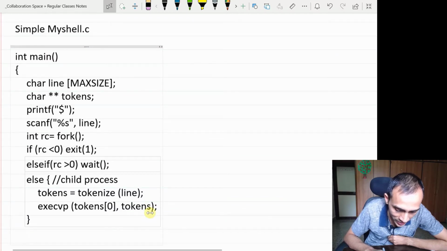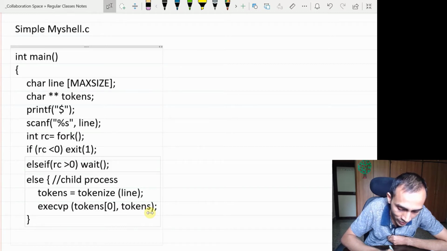Of course, there may be slight errors here and there, because otherwise I have to pass these tokens as an argument to this. If this tokenize is another function outside main, then I have to take this out and make it a global variable and so on. But I think you can understand that much programming, you can understand how to handle that.